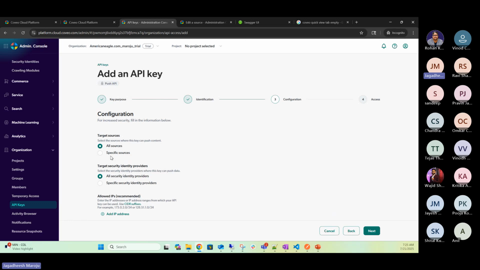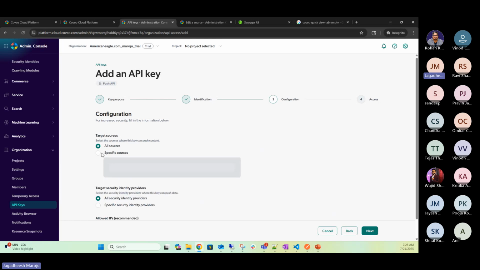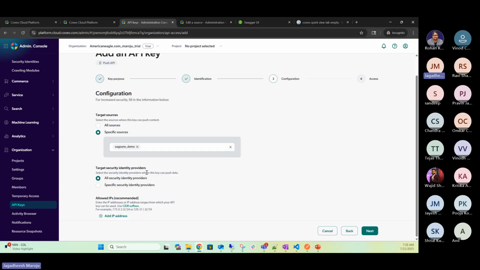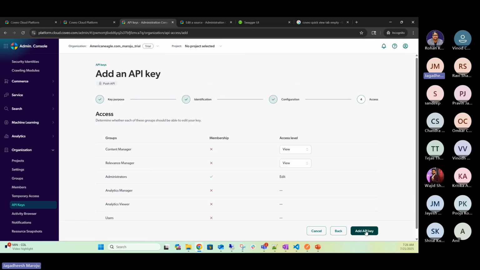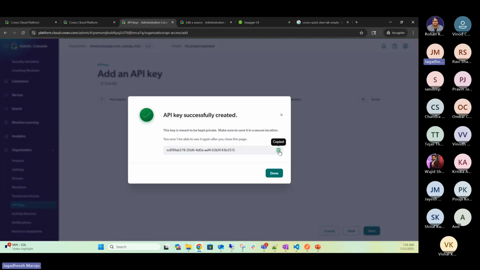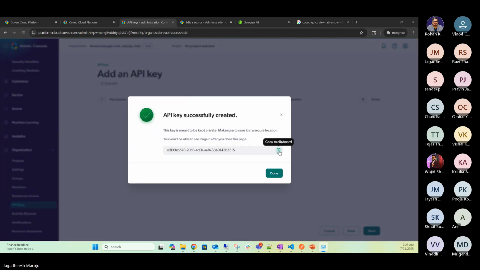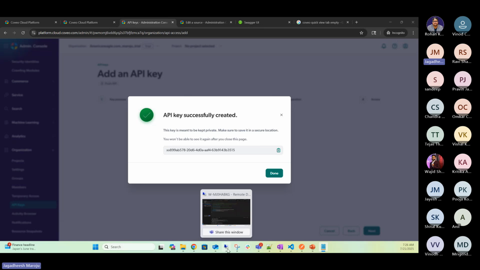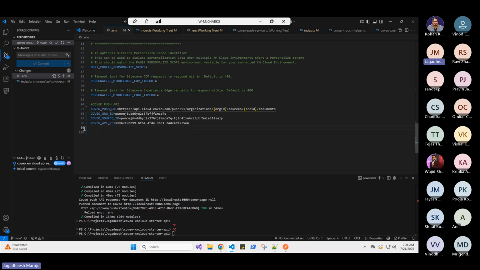Click next. Target all sources or specific sources. Let's say if I pick the specific sources, I want to target only the source I created, SUG Pune demo. Target security is optional. So let's say next. And these are the access settings we have. Add an API key. Just make note of this API key, and then come to the code where we need to set up a